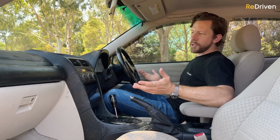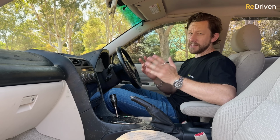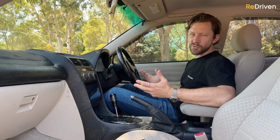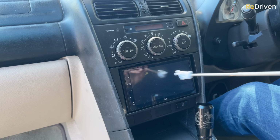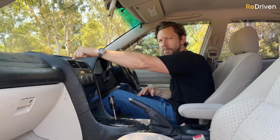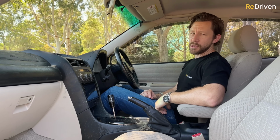Now guys, obviously with these things being around 20 years old, you can forget about Apple CarPlay, Android Auto, really any phone connectivity as far as the standard infotainment system goes. You can even forget about rear parking sensors or reversing cameras, any of that sort of stuff. The good news is all of that kind of tech is easily fitted with aftermarket gear. Plus there are some really nice fascias for the aftermarket Apple CarPlay, Android Auto screens. You can even get screens that replace the sometimes sat-nav systems up here because the sat-navs in these as standard